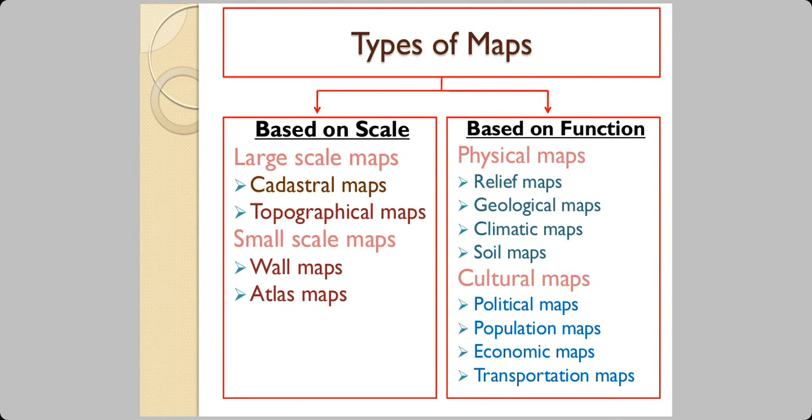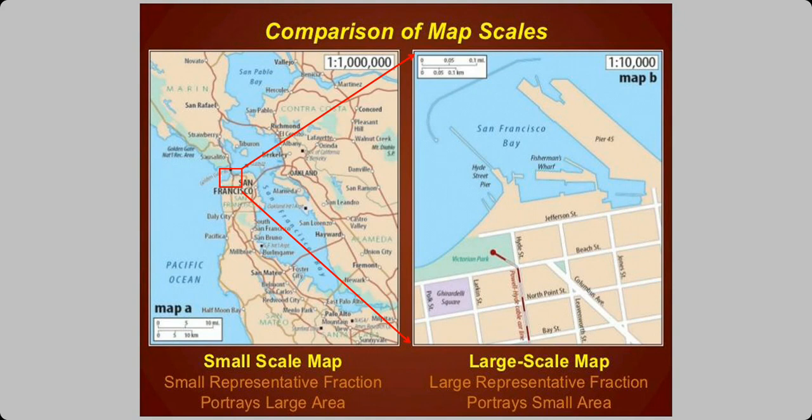Physical maps show the physiological features of the earth, such as relief, the geological distribution, the climatic distribution, and the soil distribution. In political maps, we have the administrative boundaries, the states and the countries and the districts, and so on. Then again, in cultural maps, we have the population maps, area with less density of population, area with more density of population, and then the distribution, etc. Then we have the economic maps, which tell us the economic use of the land. And then we have transportation maps. We have more types of maps, but only this much are there in your syllabus.